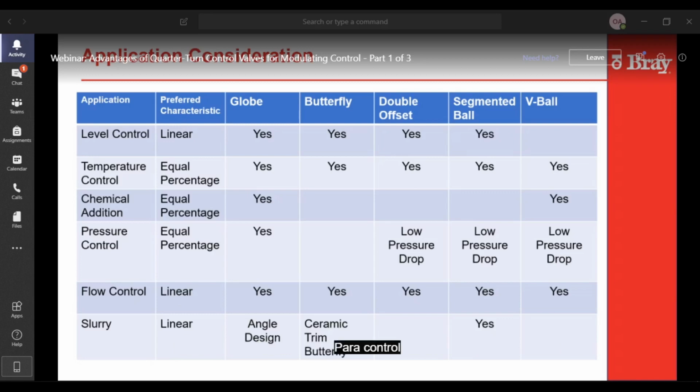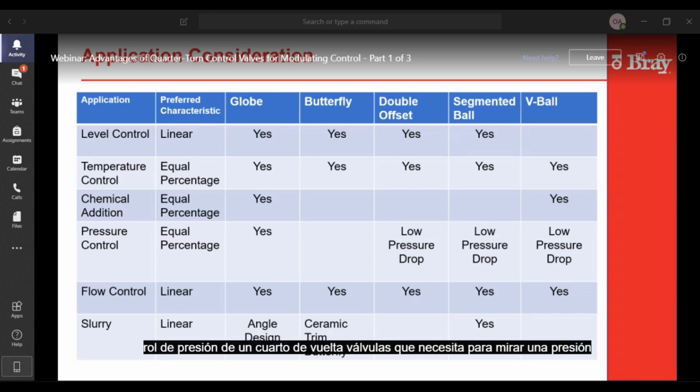For pressure control, quarter turn valves, you need to look at a lower pressure drop profile. We'll discuss that in class on Friday, what the reason is for that. But pressure control globe valve is always a good choice, but quarter turn valves will work with low pressure drops.